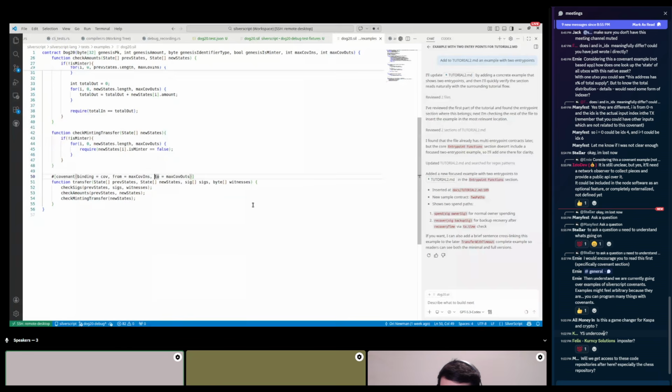The compiler is going to generate the full code we saw before that reads all the prev states from the other inputs and verifies that all new states are encoded in the outputs. So the compiler is going to generate code that connects this and tells us these are really the states in the transaction inputs and transaction outputs, and we only need to write the logic to verify the transition function.